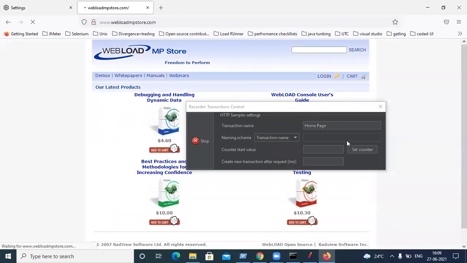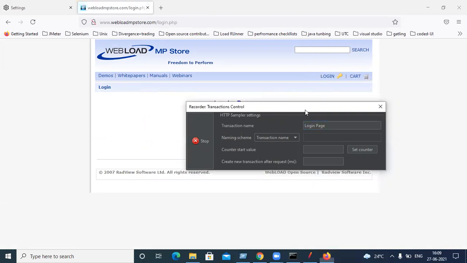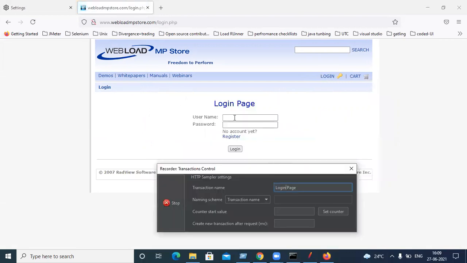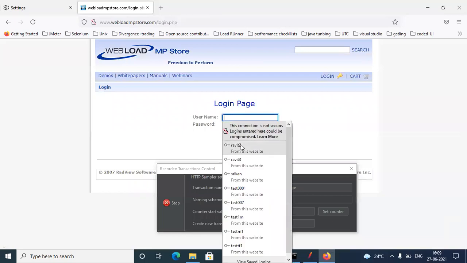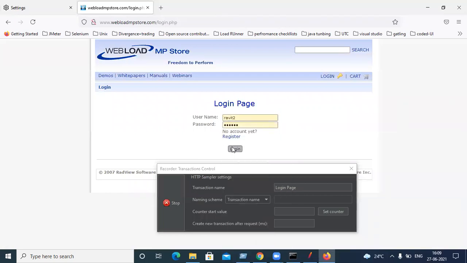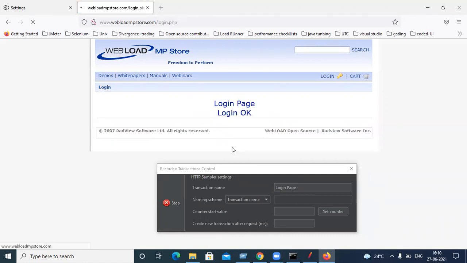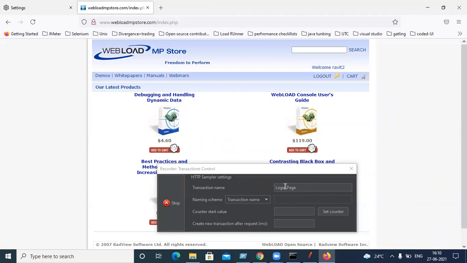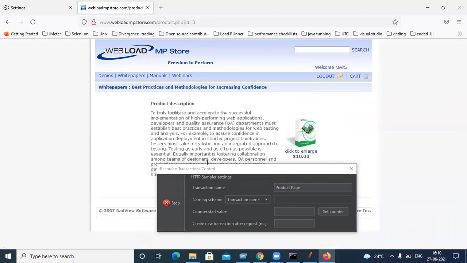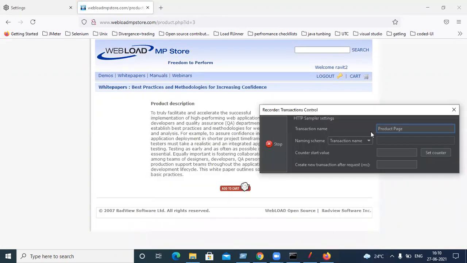Then I'll click on login, so I'll give a login page. So we are on the login page, right? We'll enter credentials. All this will come under the login page session. Okay, so now we'll click on the product page and click on add to cart.